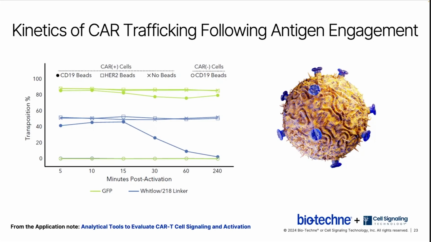Because flow cytometry staining is limited to cell surface proteins under the conditions tested here, we next asked whether this pattern of CAR linker expression observed at the cell surface occurs in whole cell lysates. To test this, we used Simple Western to measure CAR expression in whole cell lysates from cells that were harvested at the same time points as the flow cytometry analysis using the same anti-Whitlow linker antibody. Before diving into this data, Chris will give an overview of the Simple Western platform and some of its key